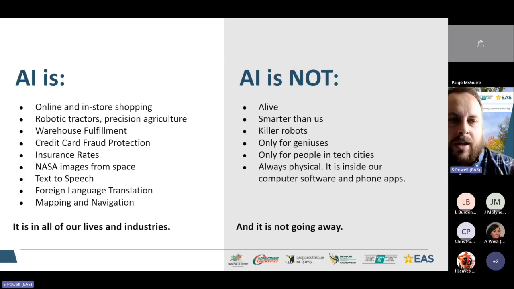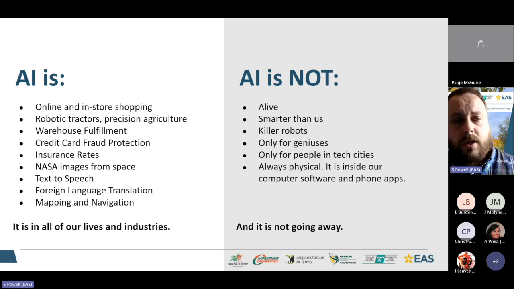So let's have a little look then at some of the things that AI is and AI isn't, because on the not side there, probably some of the concerns that you tend to hear out and about in the public. So on the left-hand side, AI is essentially lots of those things, some of the things we highlighted earlier on in the session. So things like how autofocus on your camera or how your light adjusts is down to AI, fraud alerts on your credit cards. That's an algorithm that's noticed a different pattern to your spending. Text to speech on your phone. So when you're dictating into WhatsApp or Messenger or something along those lines, that's AI, and that can be translated and used in different languages.